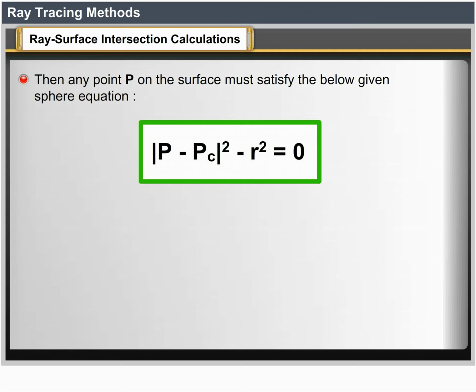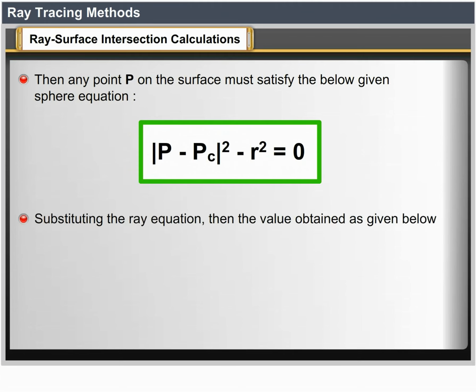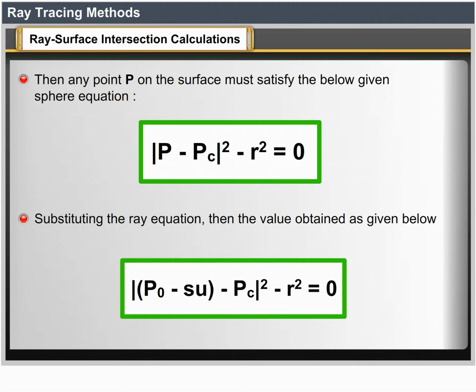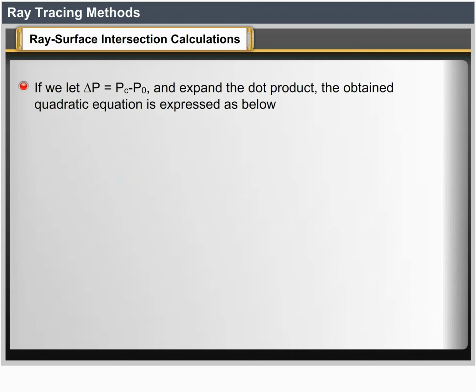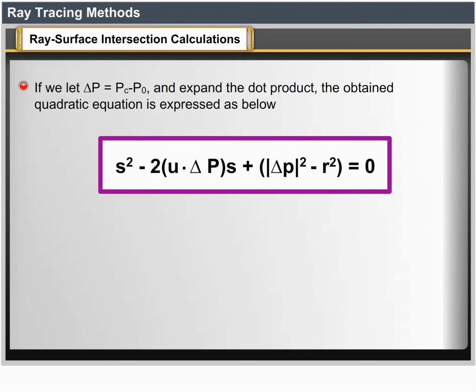Substituting the ray equation, then we have mod of P0 plus SU minus PC whole squared minus r squared equals 0. If we let delta P equals PC minus P0 and expand the dot product, we obtain the quadratic equation. S squared minus 2U and delta P into S plus mod of delta P squared minus R squared equals 0,